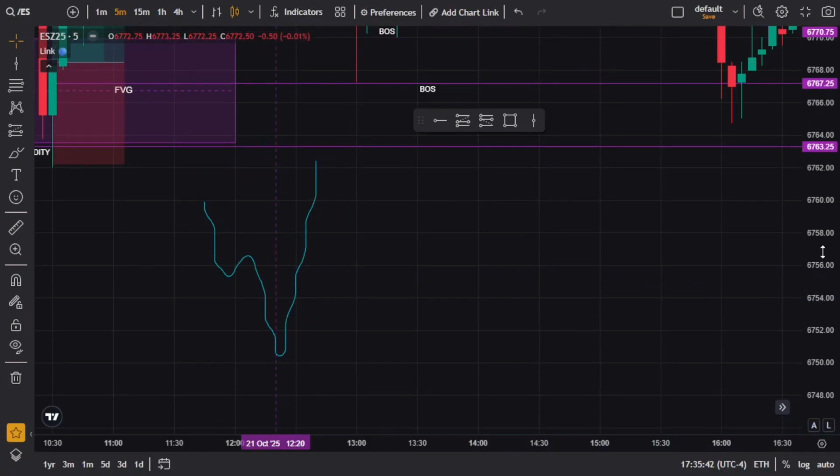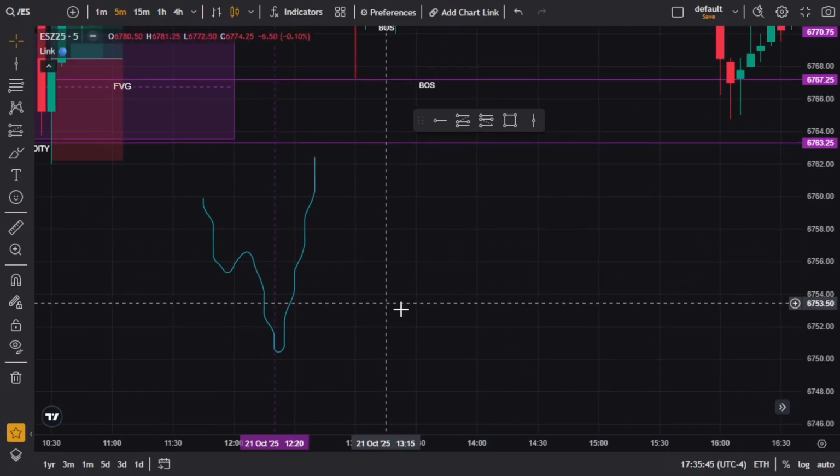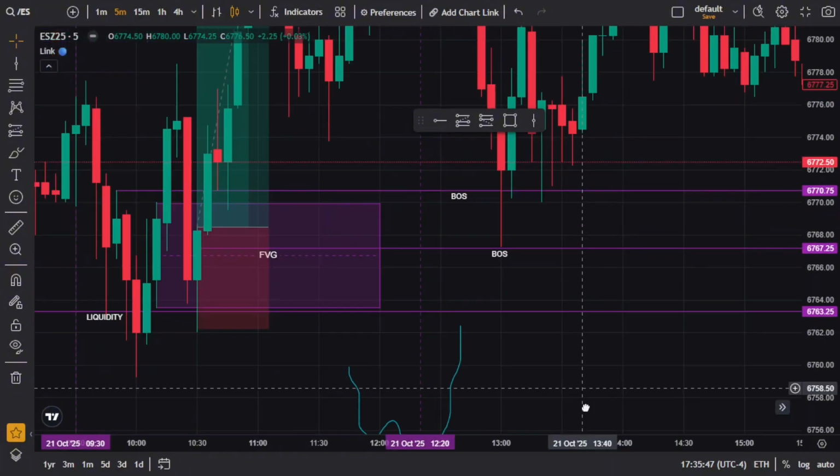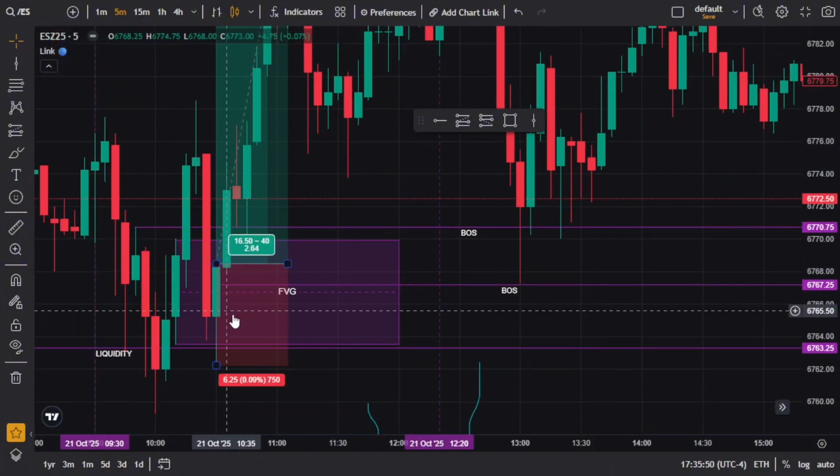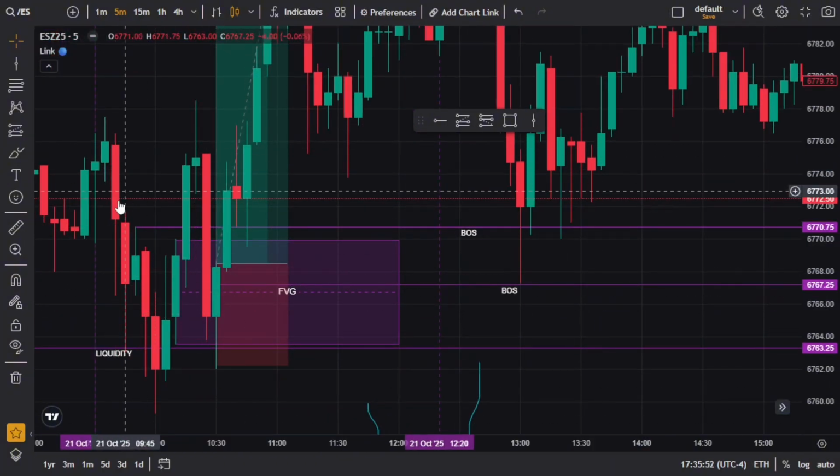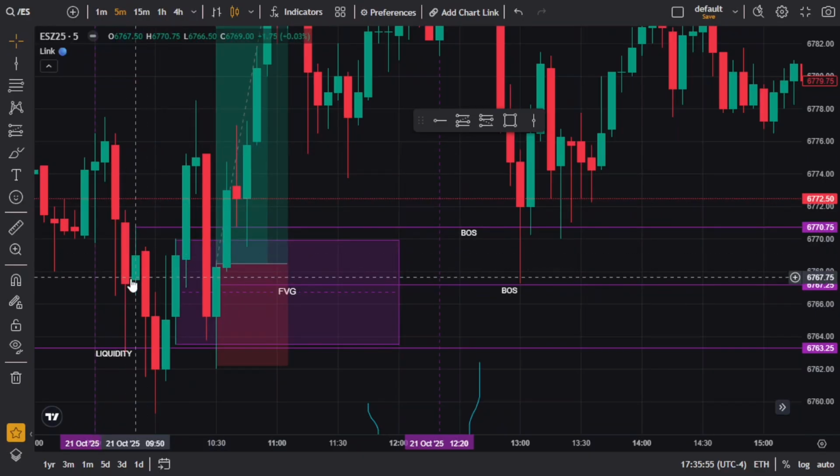Anyway, I ranted off. But how do you mark your breaker structure? We're going to mark out our previous high. What was our high again? A high is a move up, then a move down. We had a high right here. It's not a move down, then a move down, or a move up, then a move up. A high is a move up, then a move down.